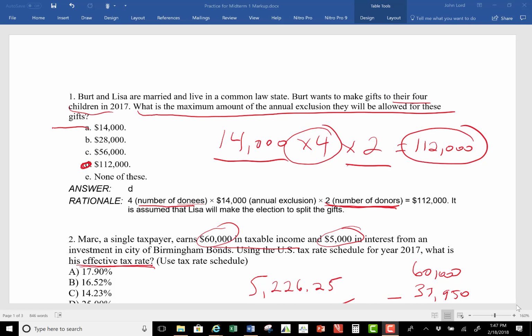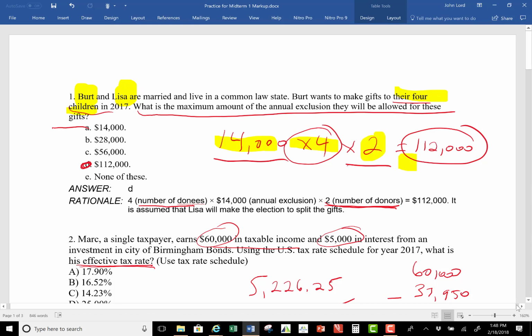Bert and Lisa are married, live in a common law state, and they want to make a gift to their 4 children. And so you've got what? You've got 2 donors and you've got 4 donees. So we can have what? An amount of $14,000 is the amount for 2017 per donee, and then that is extended to each donor. So they could make a total of $112,000 of amounts that they could give to their heirs as gifts in a single year without having to pay tax